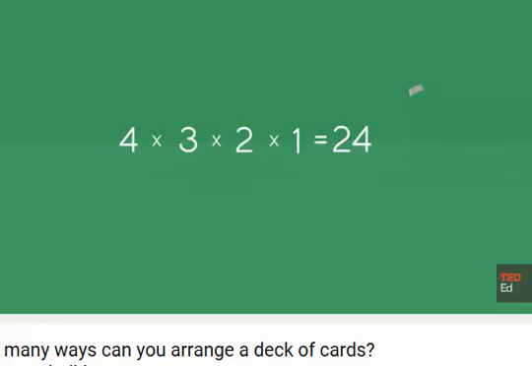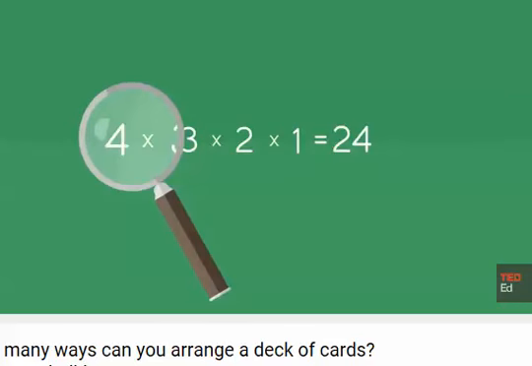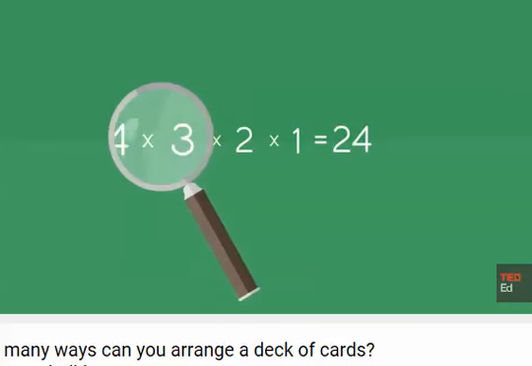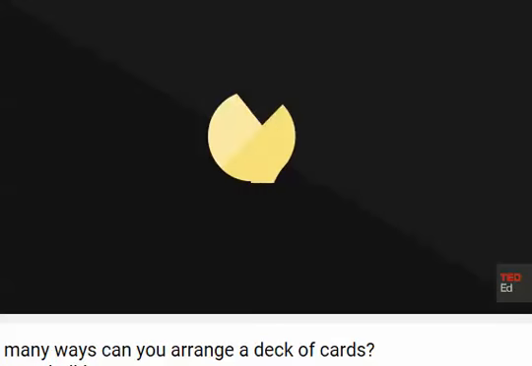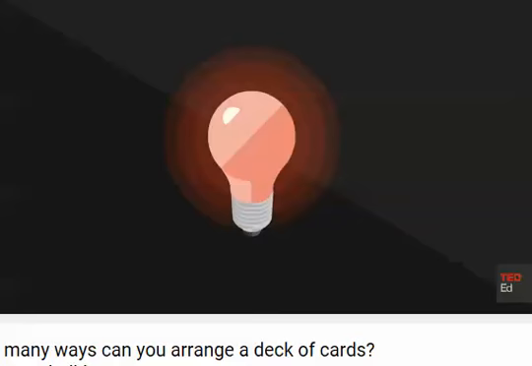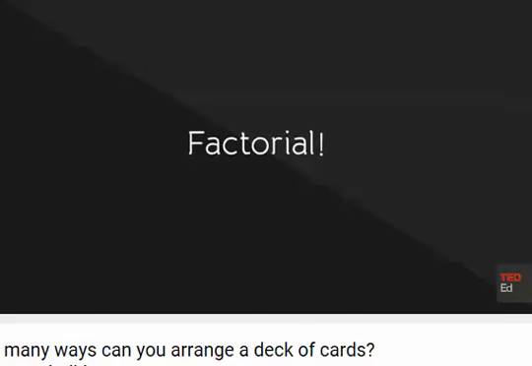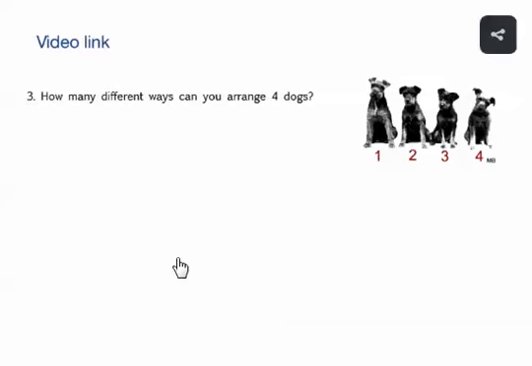An interesting pattern emerges. We start with the number of objects we're arranging, 4 in this case, and multiply it by consecutively smaller integers until we reach 1. This is an exciting discovery, so exciting that mathematicians have chosen to symbolize this kind of calculation, known as a factorial, with an exclamation mark. As a general rule, the factorial of any positive integer is calculated at